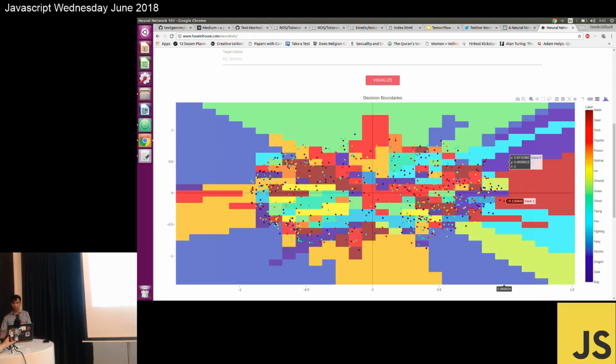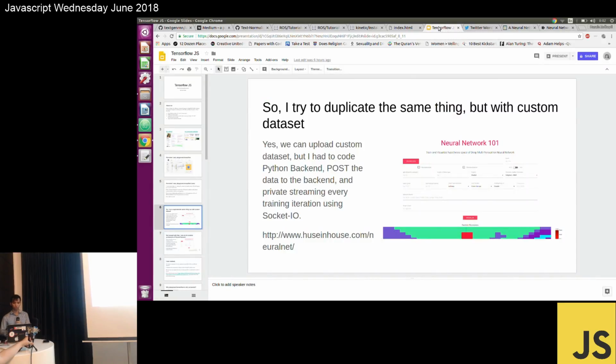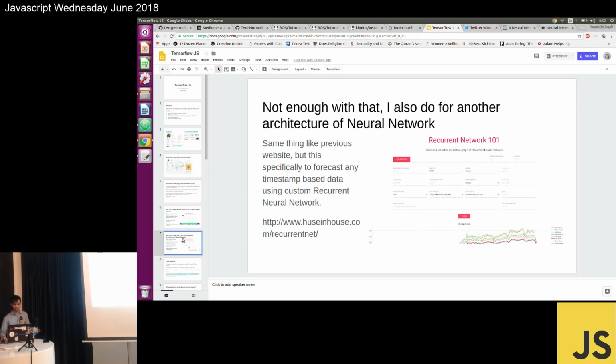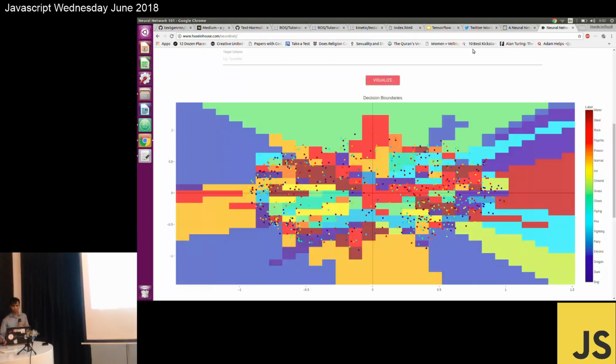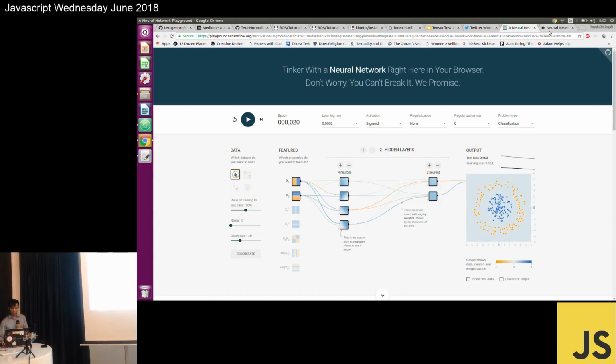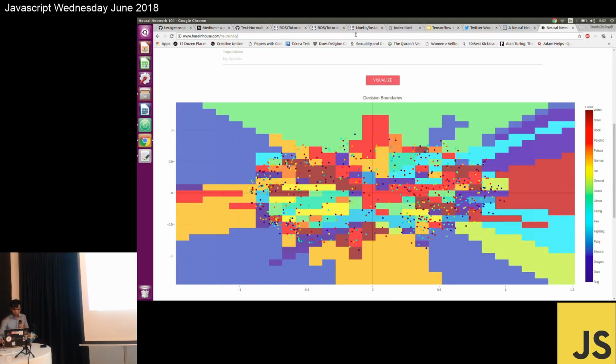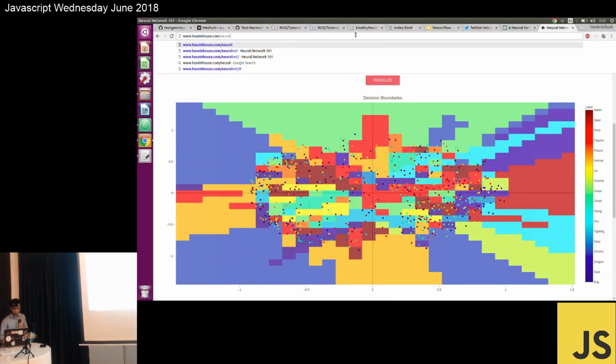It's very expensive because I need to have a server at least, and then respond with a node or backend. And then I feel like the feedforward neural network is very common. How about the recurrent neural network? I actually did the same thing, because the recurrent neural network is another architecture of neural network.